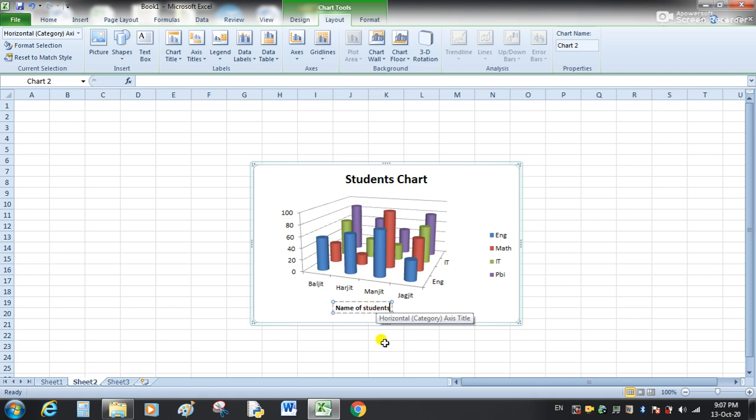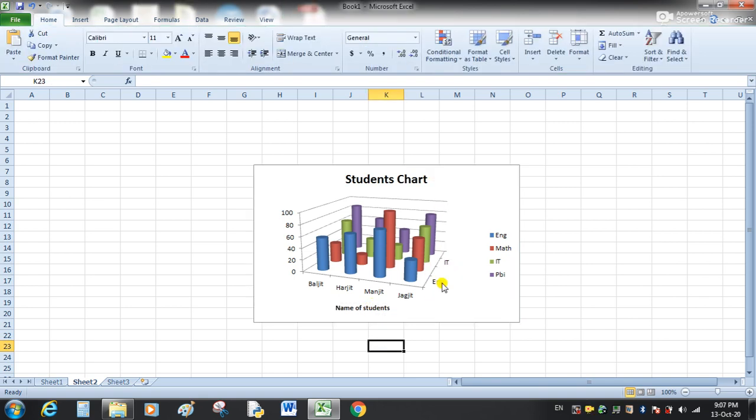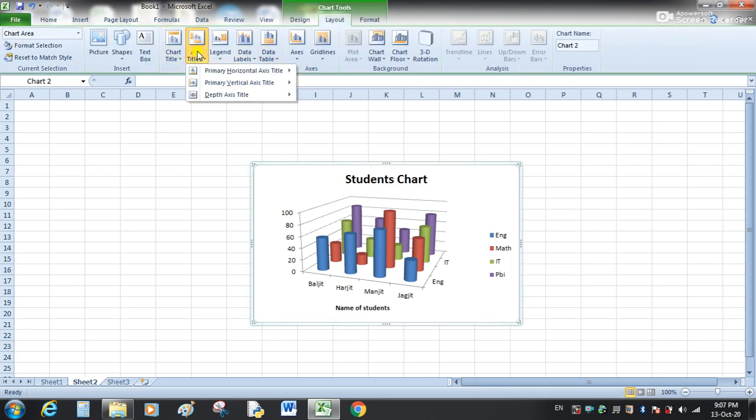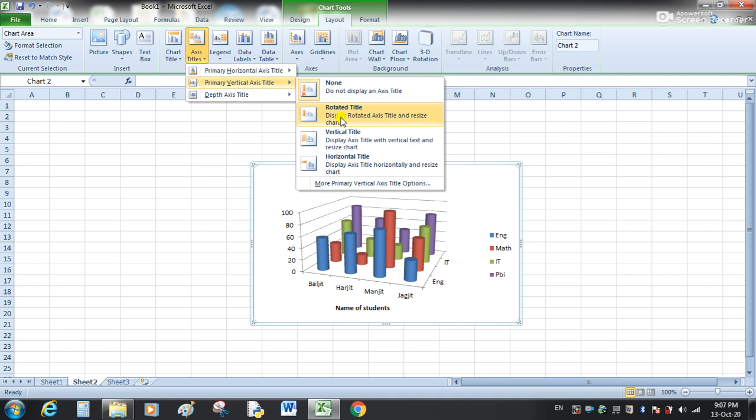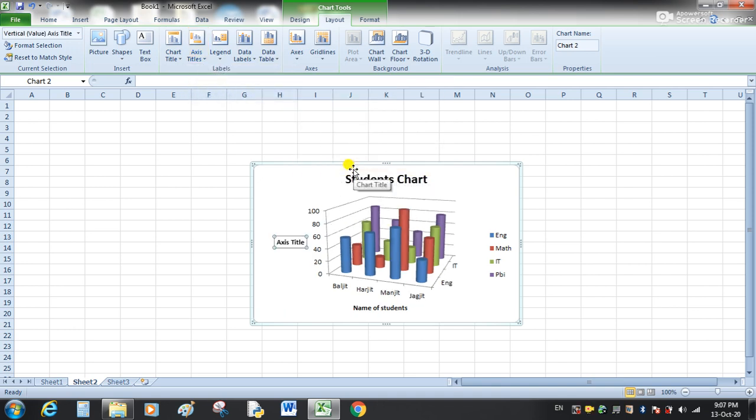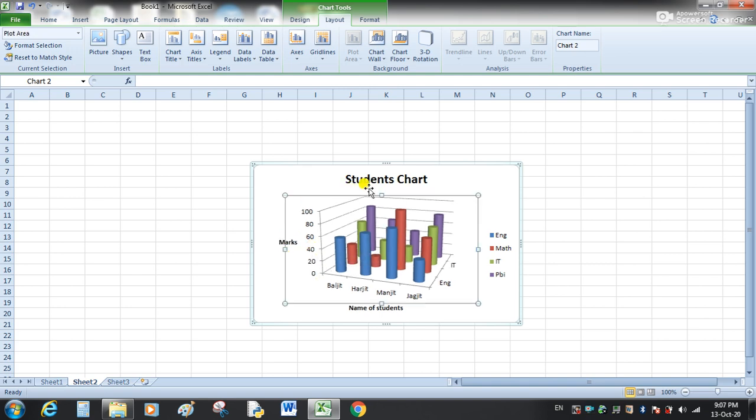And vertically are their subjects. These are subjects, but these are their marks. So I will write here marks. So we have given a name to the chart and also a name to its axis.